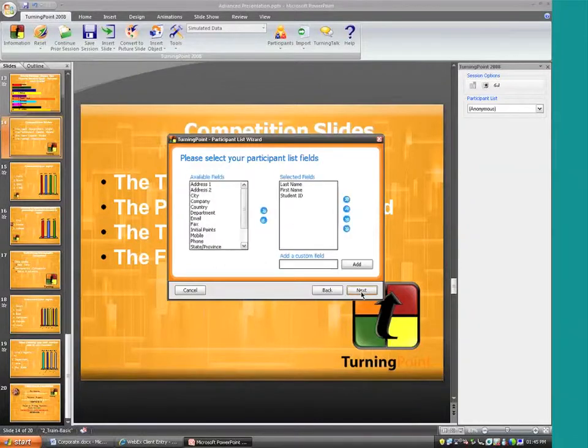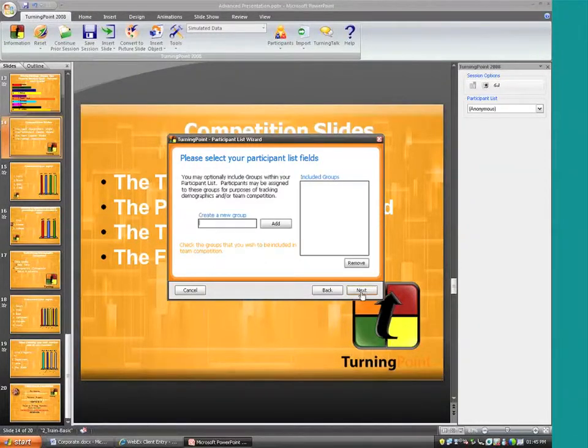Step number 1 was that template. Step number 2 was our list fields. And step number 3, if you're in my new user class, you remember that I skipped this step because this is where we add groups that will assign teams for competitions and also groups for tracking demographical information. Well, we're going to get to the demographical information next topic, but for right now